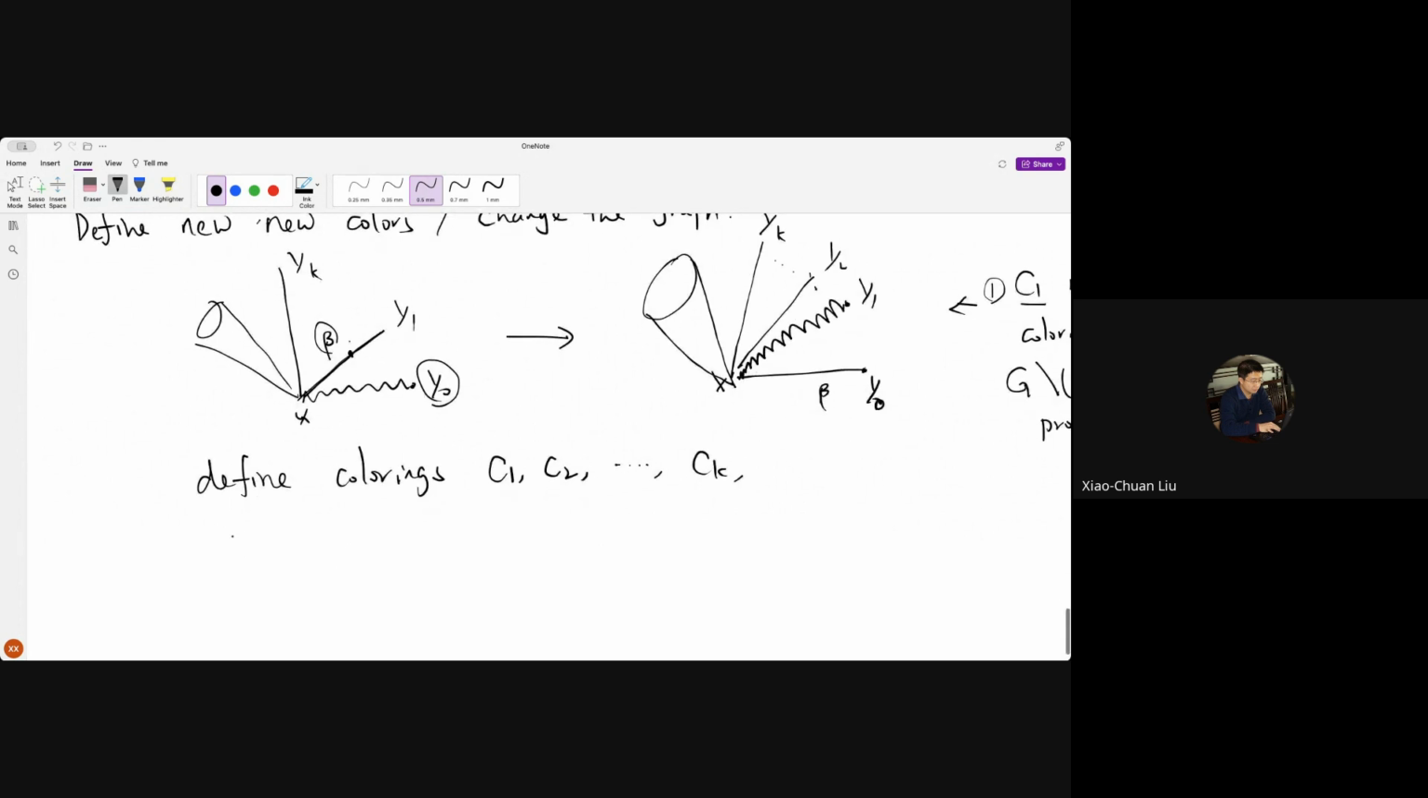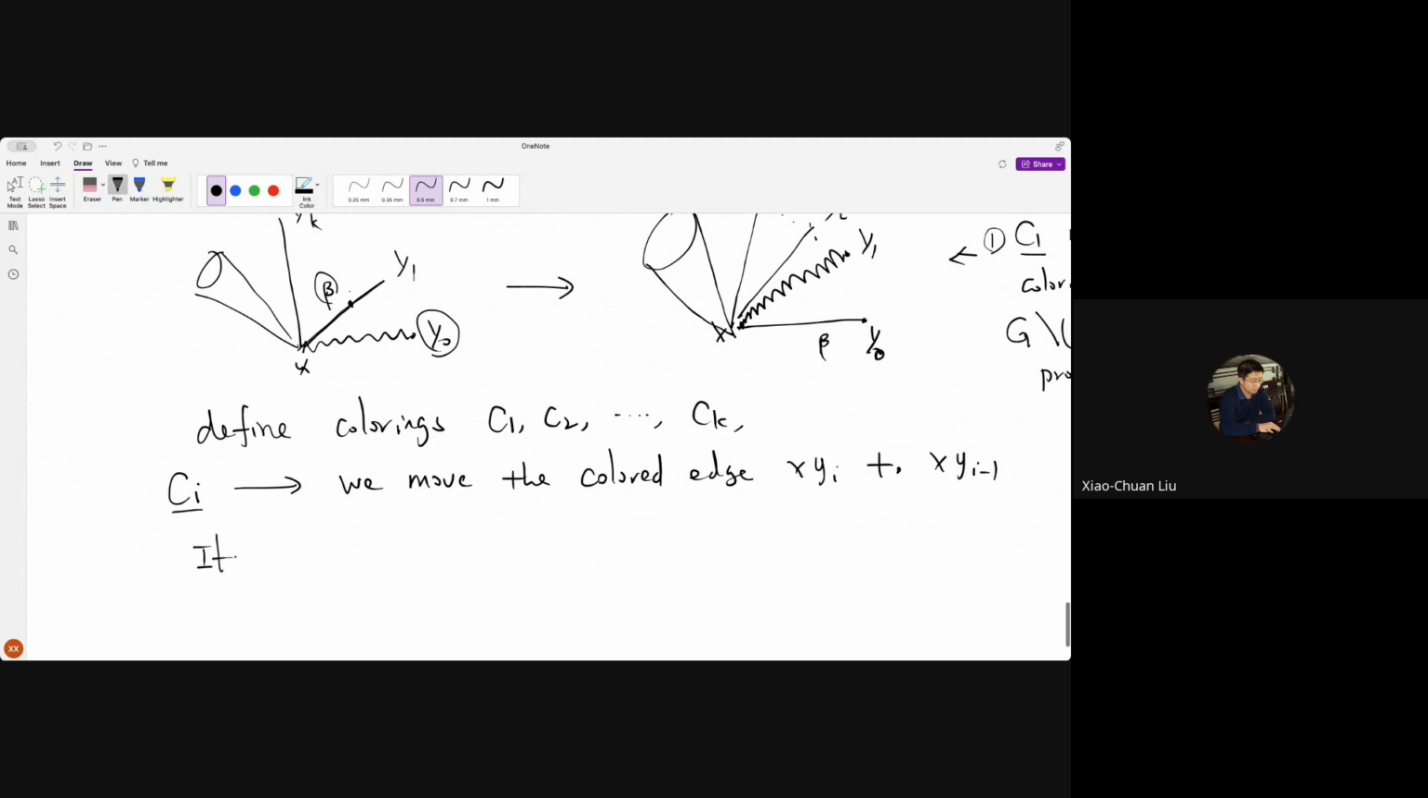And each of them, Ci, for example, it moves first. So we move the colored edge. So how to define Ci? We move the colored edge x yi to x yi minus 1. So it means that Ci is a proper coloring